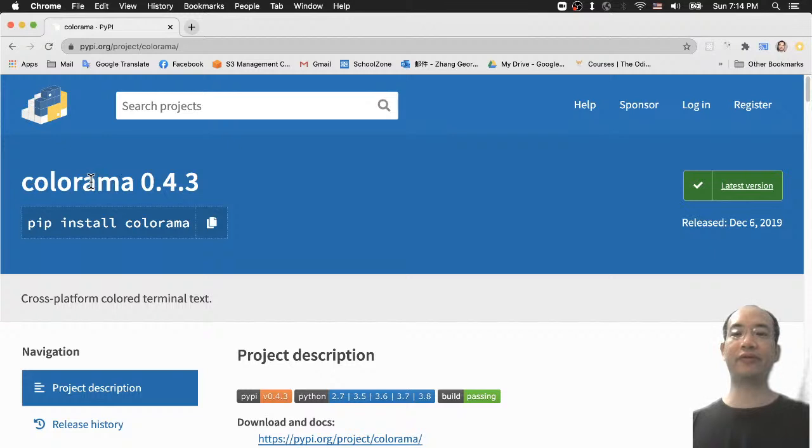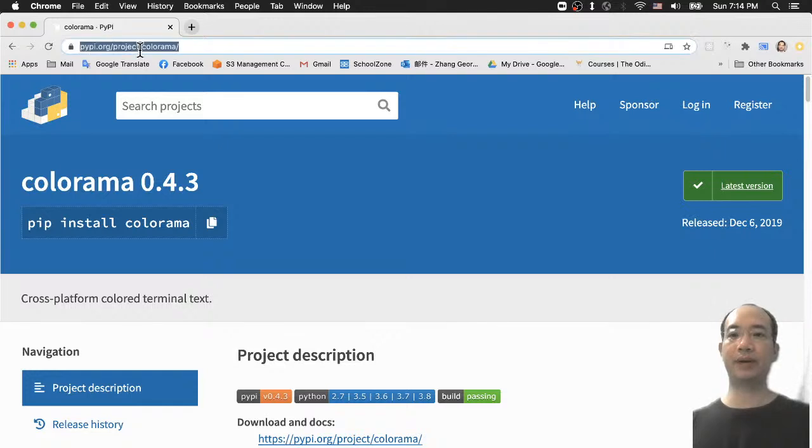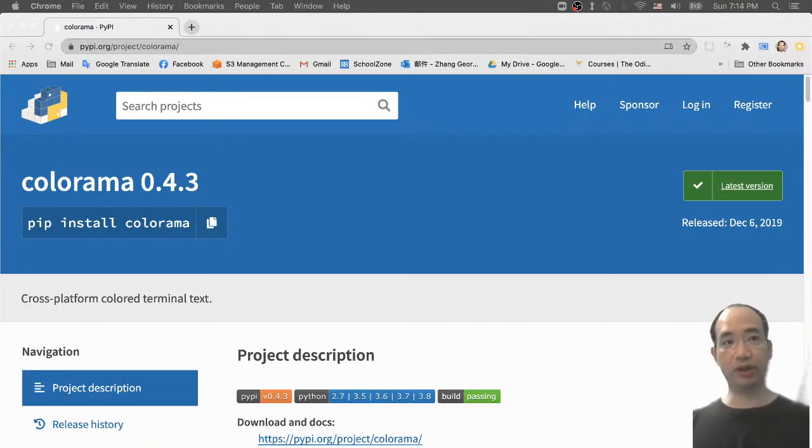So the same thing for this library, Colorama 0.4.3 is also a version number, okay? So you can go to PyPI, you could do Python Colorama, and we are going to install this package. In the meantime, I'm going to copy the link and put it into the chat box in case you can't find it. It's called Colorama